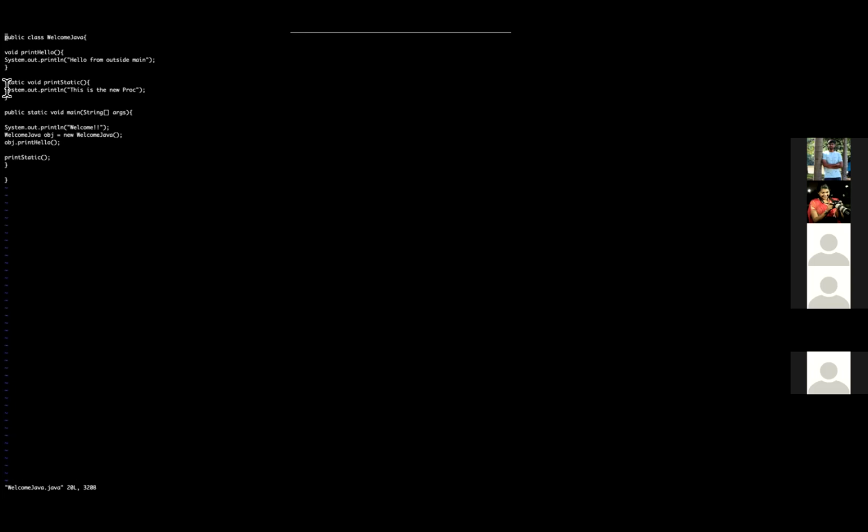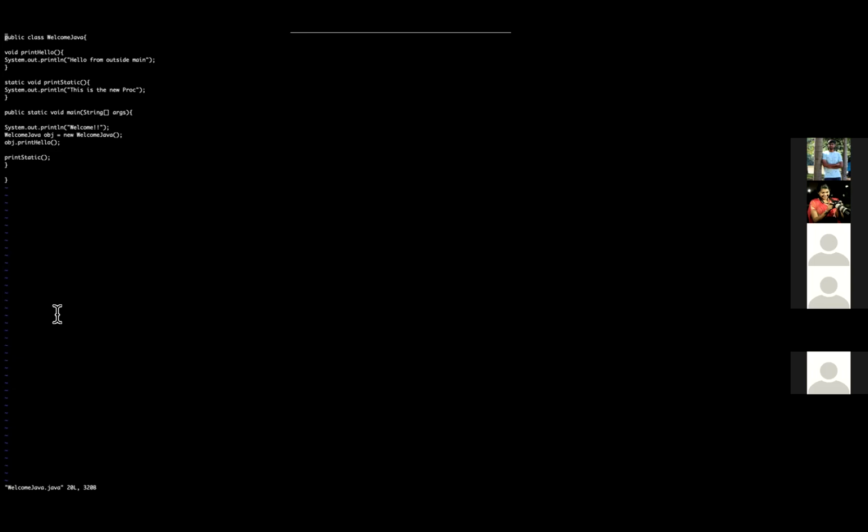So that means no need to create the object itself for this class actually. Yeah, if your method is static, you don't need to create an object to call that method. But if you have other methods which are not static, you need to have your object created to use them. Okay. Yeah, now only for static.